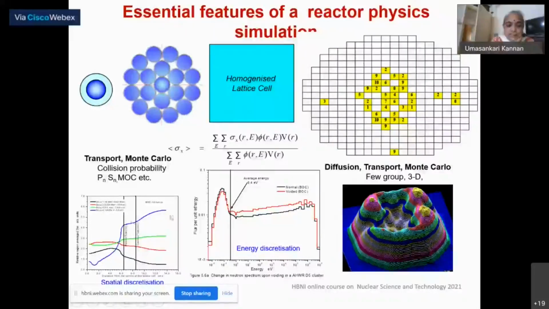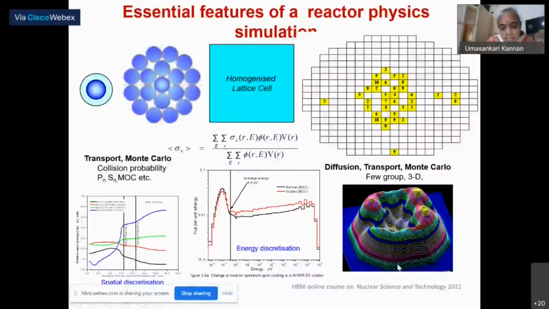So this is how the flux level varies in a cluster from the center of the cluster to the end. These are all the different types. This is just an example for you to understand. And I was talking about neutron spectrum. So here this is the spectrum of the neutrons, for two different cases, where I have put two different coolant densities. I just want you to appreciate that the spectrum is very dynamic and it changes under different conditions of the coolant or different operating pressures and so on. So your neutron spectrum will change.